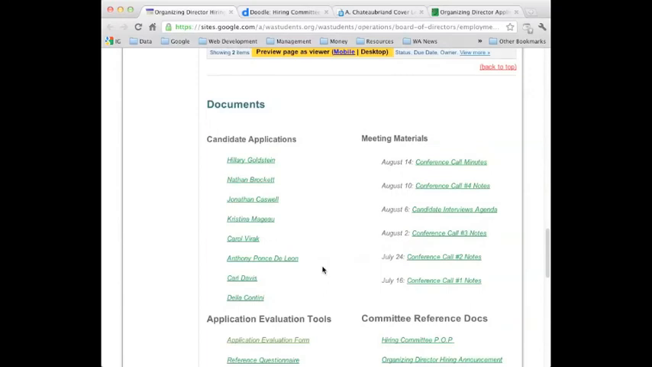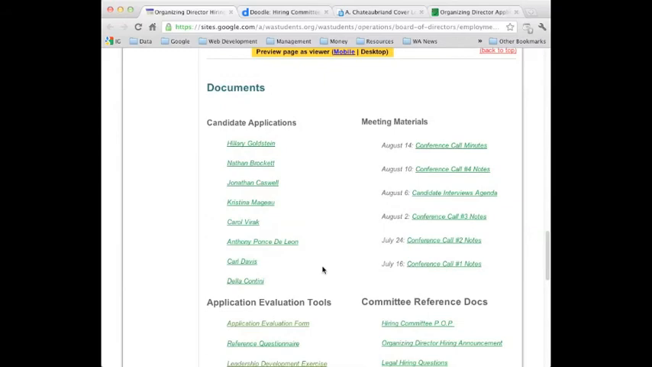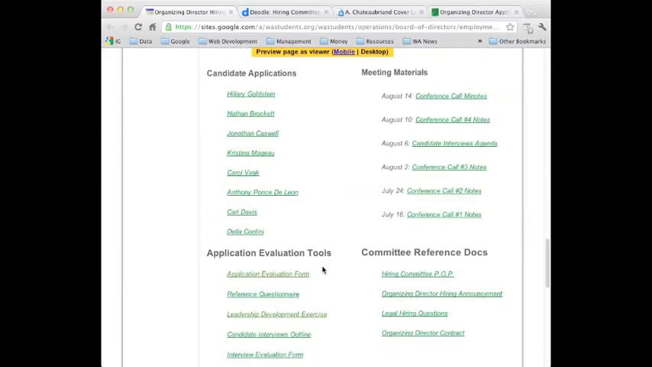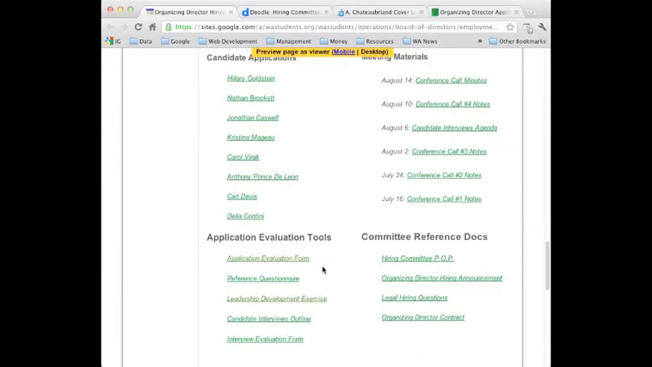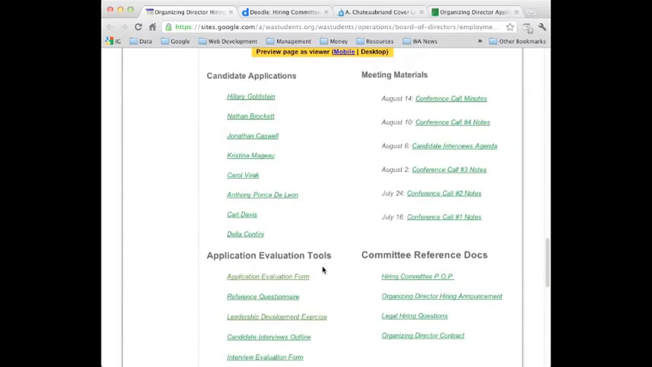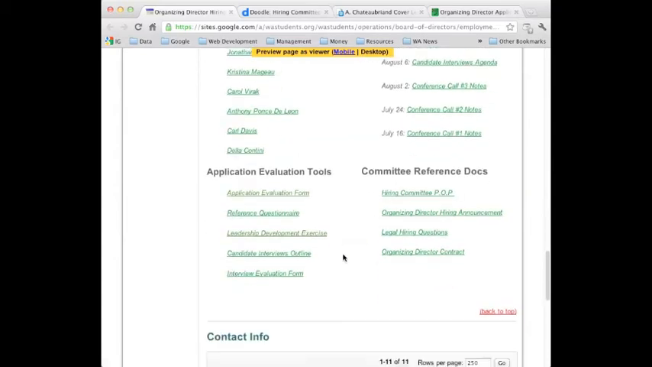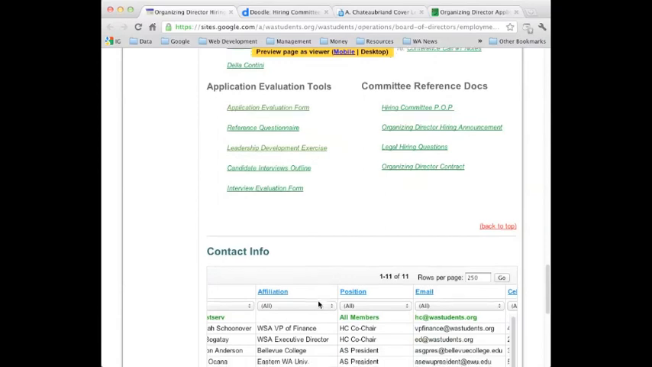The document section is basically a virtual filing cabinet. Everything that we have gone over so far has been posted here, and all of the upcoming meeting materials will be posted in this section. Any additional materials from candidates will be posted in this section. And as we go through the process, I'll go through the application evaluation tools here. And then the final